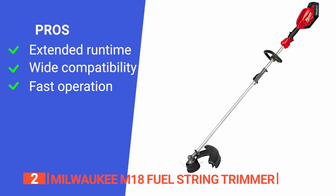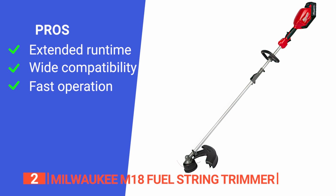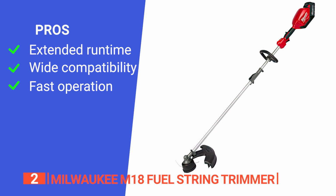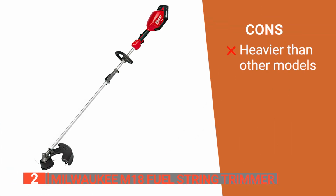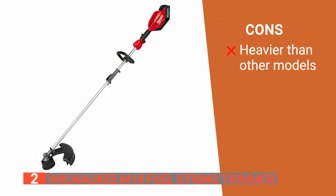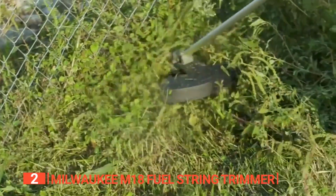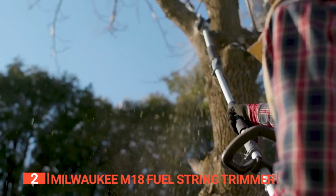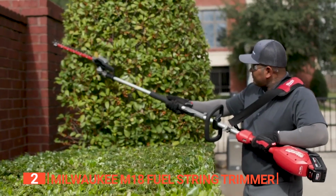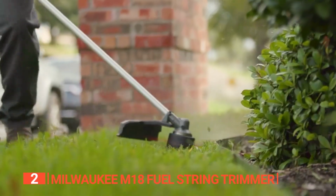Its pros are: it offers a remarkable runtime of over 1 hour per charge, its batteries are compatible with a deep line of other tools and products, and it ramps up to full speed in less than a second. However, it may be relatively heavier compared to some other cordless string trimmers. The Milwaukee M18 Fuel String Trimmer embodies the perfect fusion of power, adaptability, and user-friendly convenience. Whether you're a seasoned landscaping professional or a homeowner with a passion for a well-kept yard, this tool stands ready